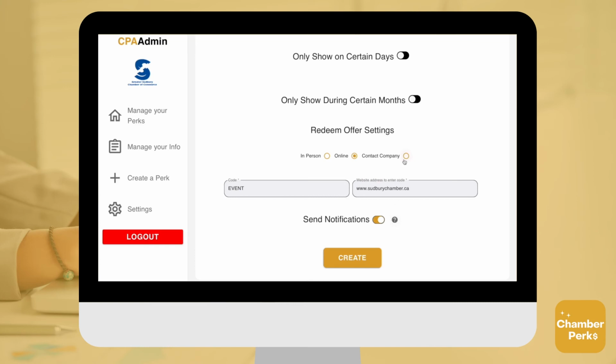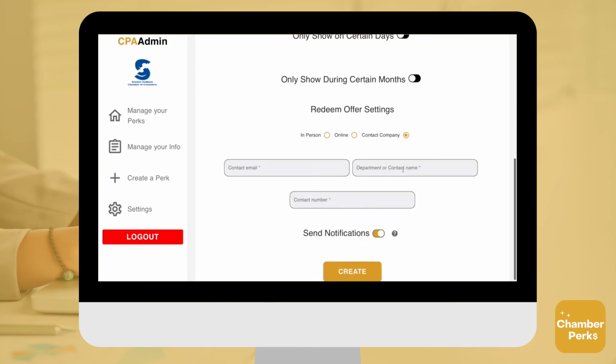Under company contact, you have the ability, if you do not have an offer or perk that you want individuals to be able to redeem online or in person, but require maybe more of a direct contact with you. This is often used for business-to-business perks. So here you would put down a contact email. So we'll put